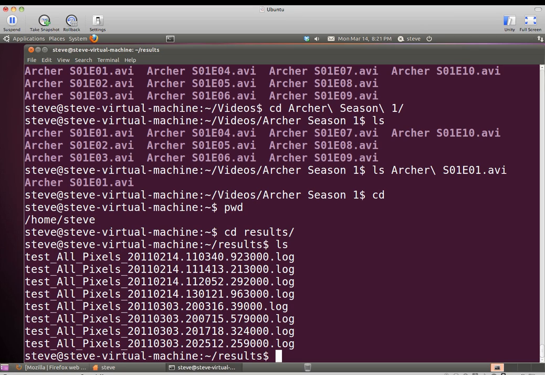But when I run my test apps, I get a test all pixels and then some bunch of characters that follows. If you take a second and look at that, it should start to make some sense to you. For example, test all pixels 20110214. Okay, that's the year, month, and day. So that very first file was, these are timestamp data, and we see that that's in year 2011, February 14th. The .110340 means that test was kicked off at 11:03 and 40 seconds in the morning, and the last 6 characters are actually a millisecond count.